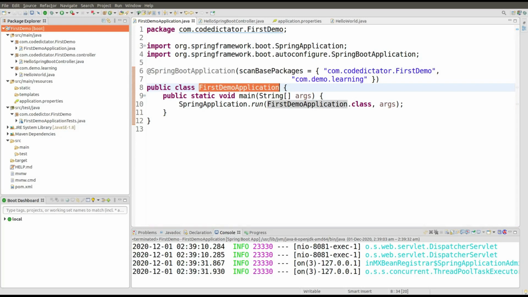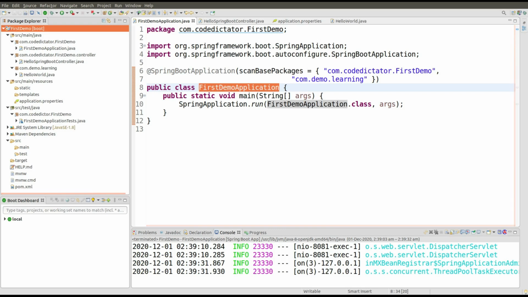So last time we learned how to run our application, how to use component scan and how to interact with your application or property files. So in this session we are going to learn how to run our application with the help of command prompt and all the basic commands which we learned in our theory part. So please go through the theory part first and then come here and perform it practically.